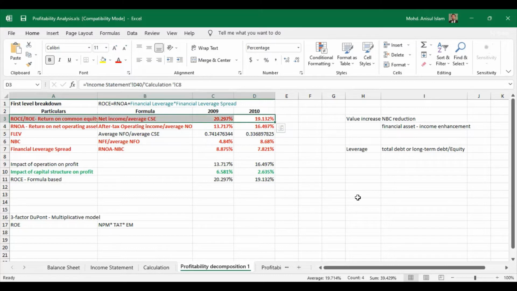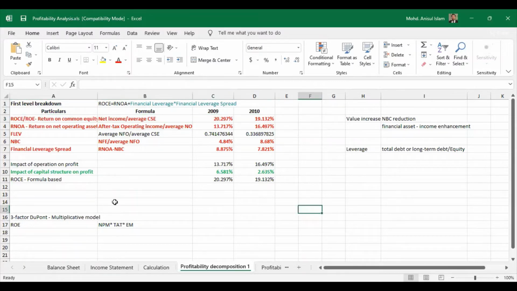But when we explore the sources, then the differences start. Okay, so now let's start the decomposition. Decomposition means allocation. We like to find out what are the sources of this 20.297%, similarly for 19.132%. Okay, so here we like to see what is the impact of leverage